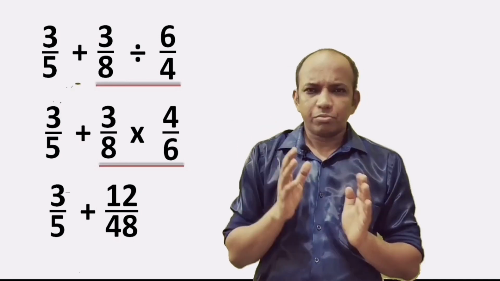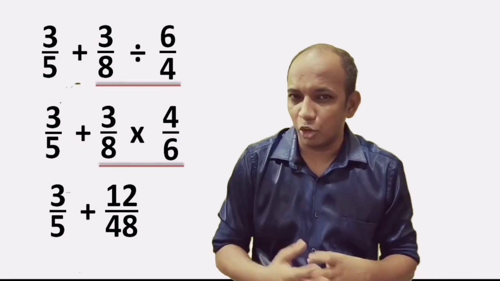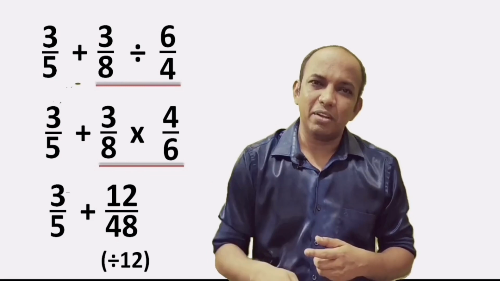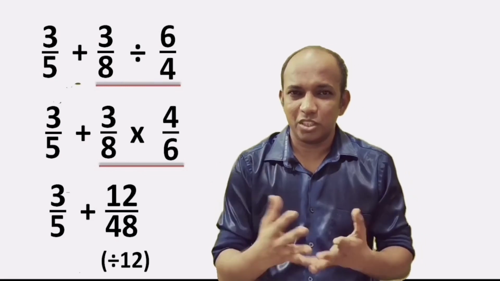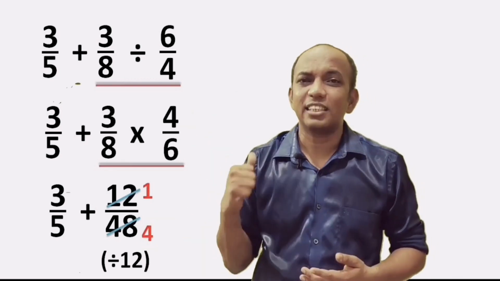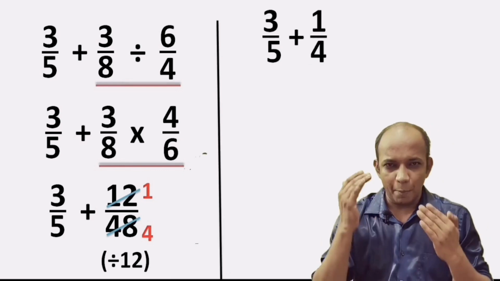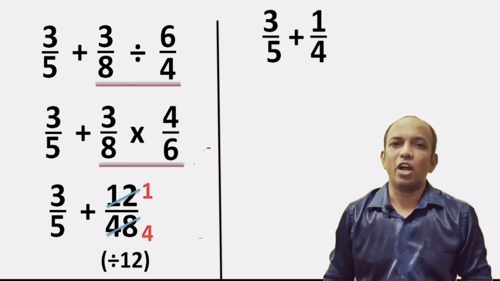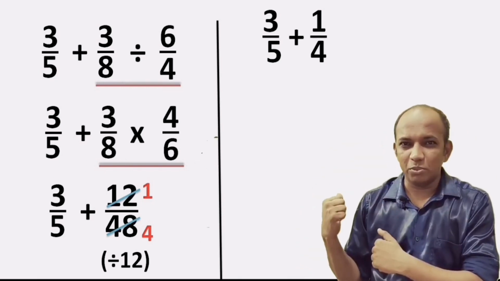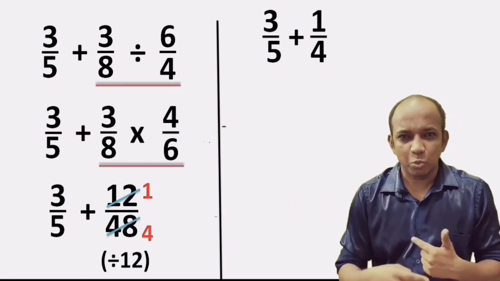Now if you observe 12 upon 48, the way we decided, we have to write the reduced or simplest form. Those numbers are divisible by 12. In the 12 table itself both the numbers are present, if you know the table. So 12 ones are 12 and 12 fours are 48, so that results in 1 upon 4, right? So we are left with 3 upon 5 plus 1 upon 4, and the thumb dance. The moment you observe the denominators, in 4's table you do not have 5, so of course we will move with the thumb dance procedure, right?